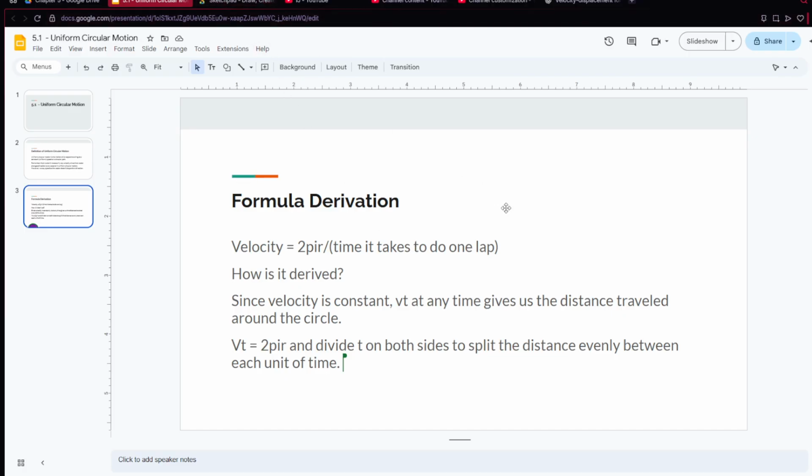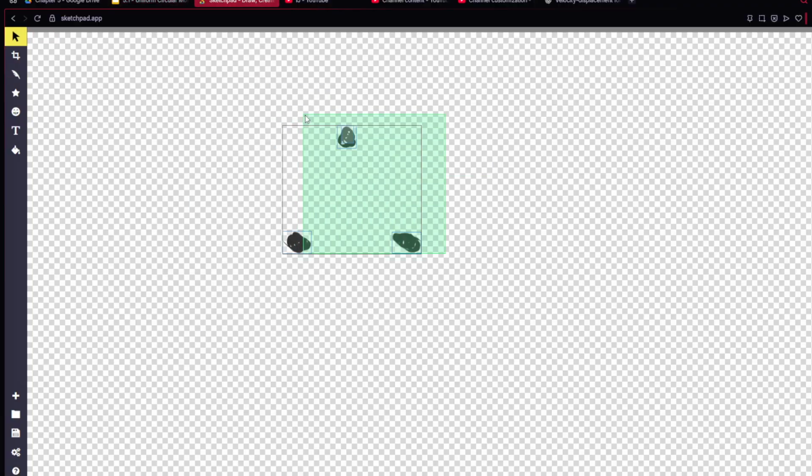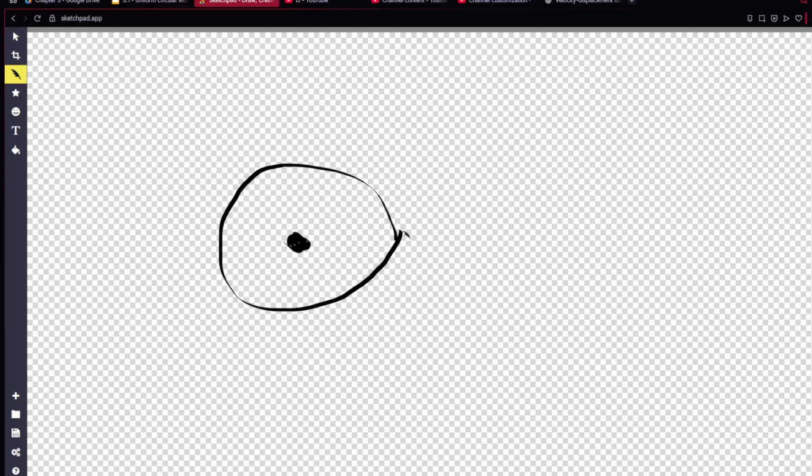How is it derived? Since velocity is constant around the circle, or speed, which doesn't really matter here, in a circular path we'll always return to the same starting point. So remember that a circle's circumference is 2 pi r. That means the length of this entire circle, or the path, as we would say in physics terms, is 2 pi r. So 2 pi r divided by the time it takes, t,